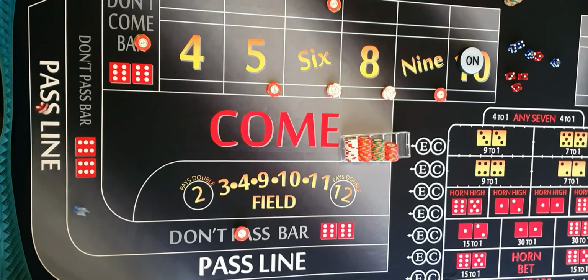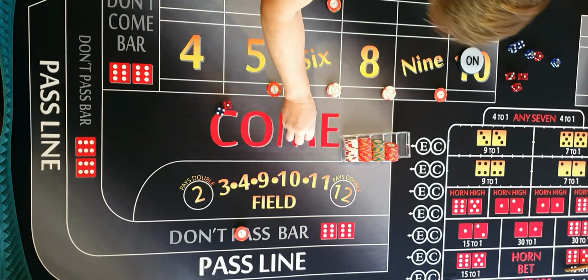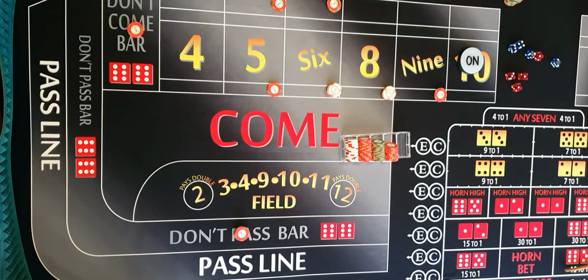Put an arrow up. And 5. So DC travels to the 5. Put down another one. And the idea, we want to get this as loaded as we can. And we've got a